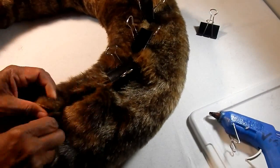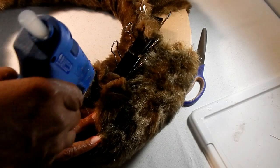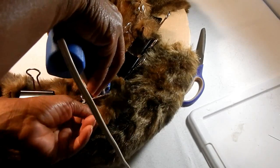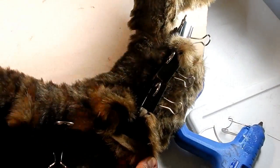Now this is why every craft room should have binder clips. I just wanted to do a test run to see how everything was going to look, and it looked pretty good. So I turned the wreath back over, I injected hot glue directly onto the back of the cardboard, plenty of it. And then I used my binder clips to pinch the fur so that it stayed very, very tight